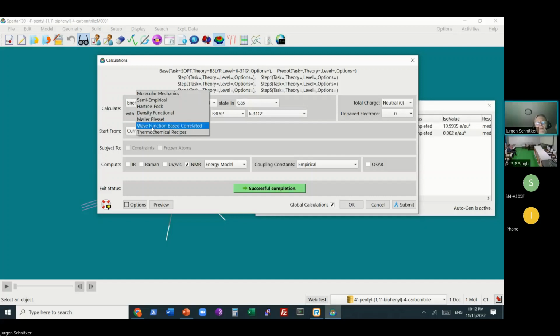Wave function based correlated methods all run very slowly, and material scientists won't care about them anymore because they get incredibly expensive. These are for theoretical chemists who are interested in tiny molecules, calculating them to incredible precision. They will use these methods. There are plenty of users who want to do this, so we cater to them too, but it's not for a scientist in the lab. It's of limited interest.